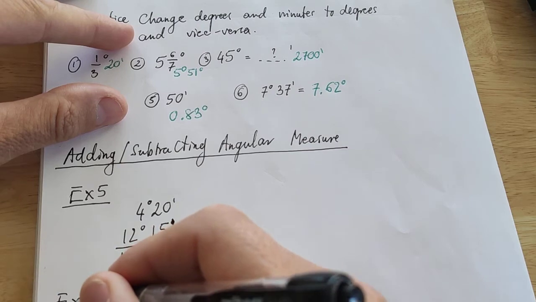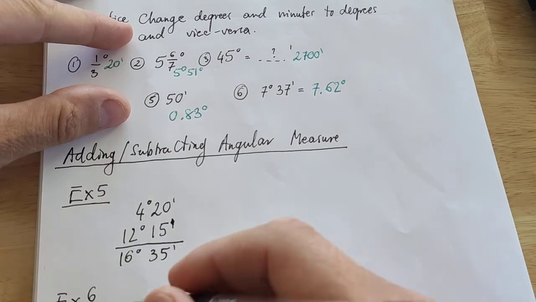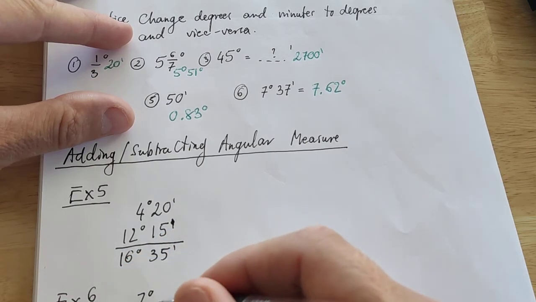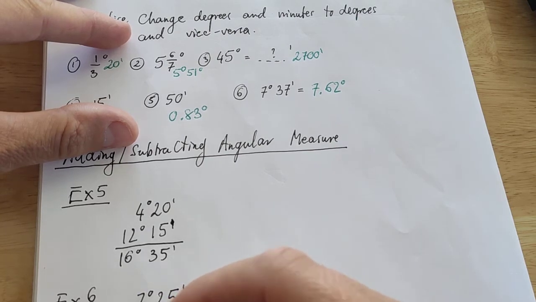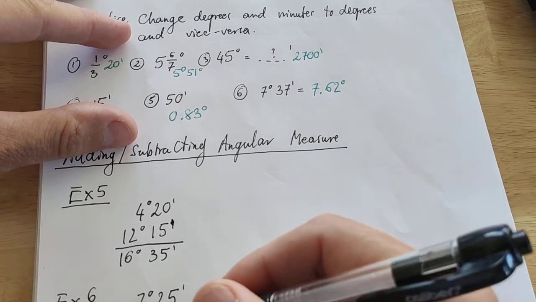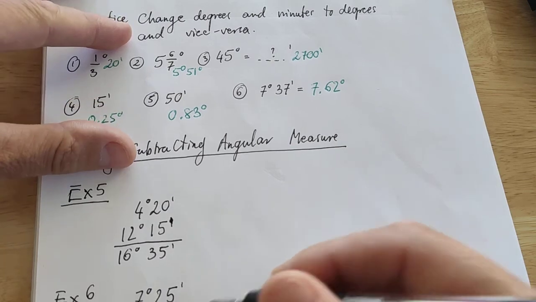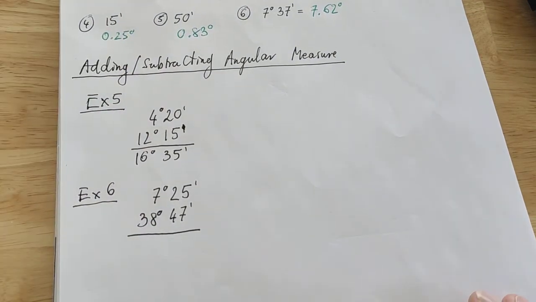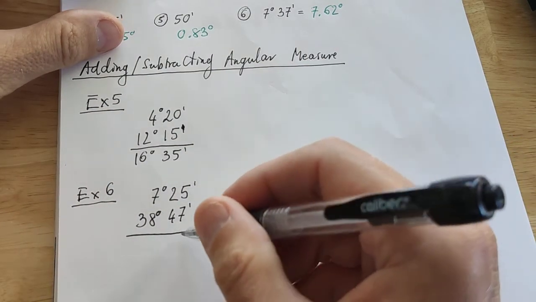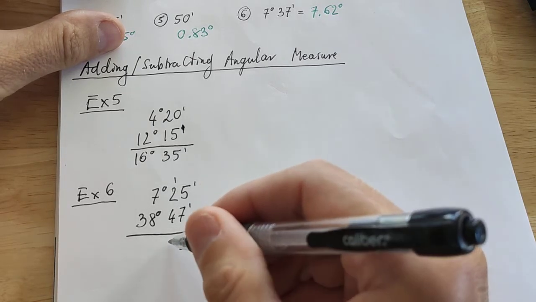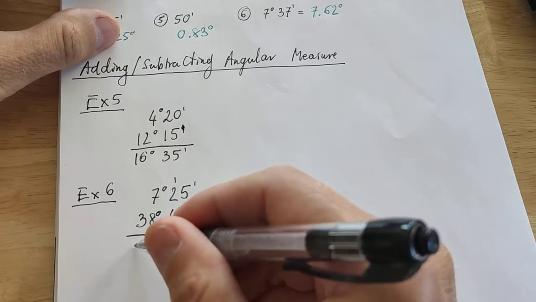Okay, let's look at another example. Example 6. Yeah, so this one is a little more challenging. 25 minutes to 38 degrees and 47 minutes. So let's just add it up. Okay, so 5 and 7 is 12, 2 and 1, so I got 72 minutes, and here I have, what, 45